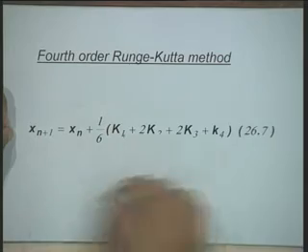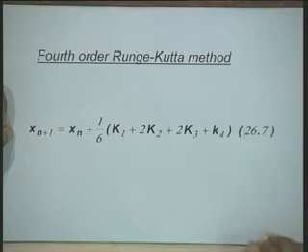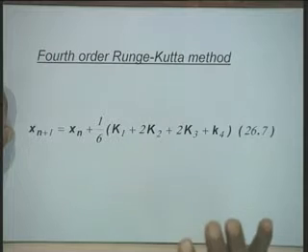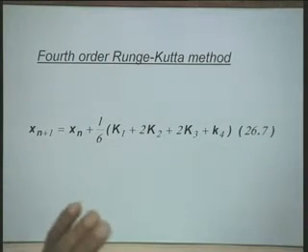Now, as we have seen, the Euler method is a first order method, where we are looking at the Taylor series expansion as if we are terminating at the first derivative term. Here this fourth order Runge-Kutta method is as if you are using up to the fourth derivative terms. Actually you will not be evaluating the fourth derivative terms, but it mimics the Taylor series expansion as if you have taken the terms up to the fourth derivative.